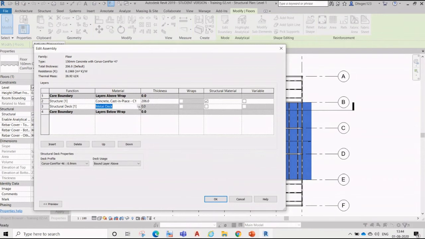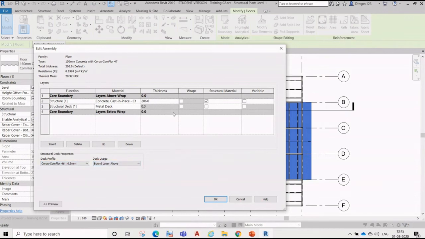Which metal deck we can define over here. The material is metal deck. This is our concrete, and here you can just define which type of metal deck we are using. So this is something we got from a structural designer, that what type of structural deck we are using. Okay, and that we can select it over here.